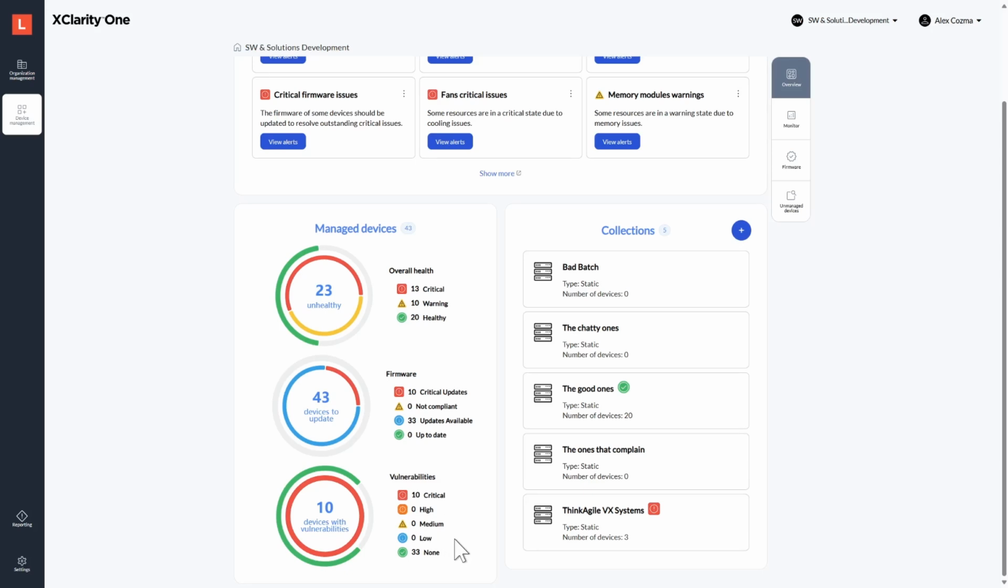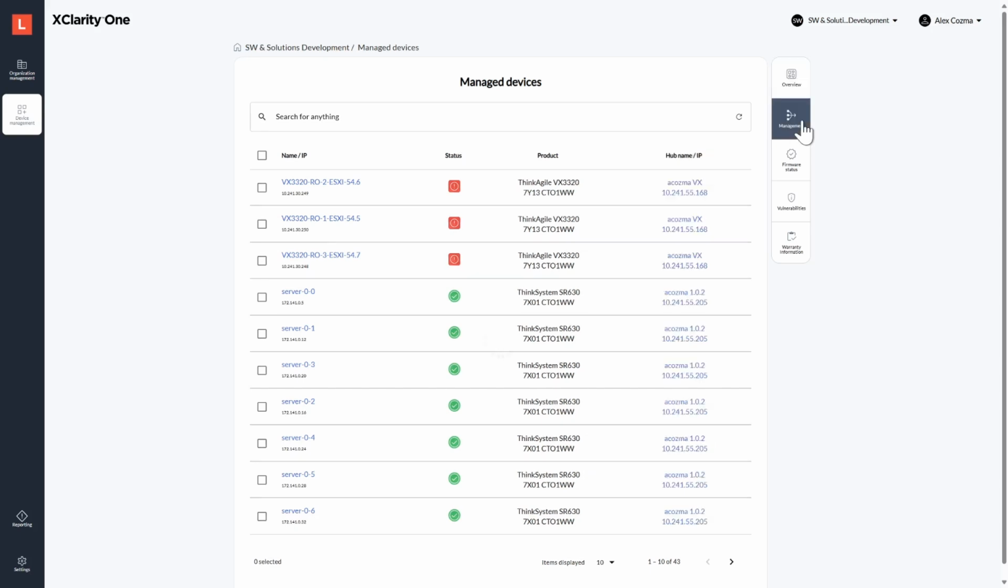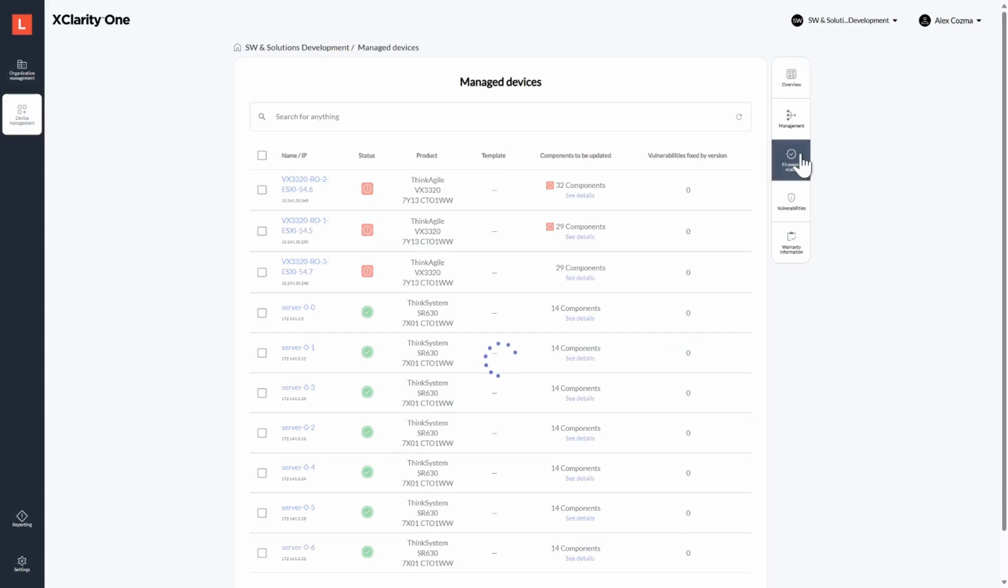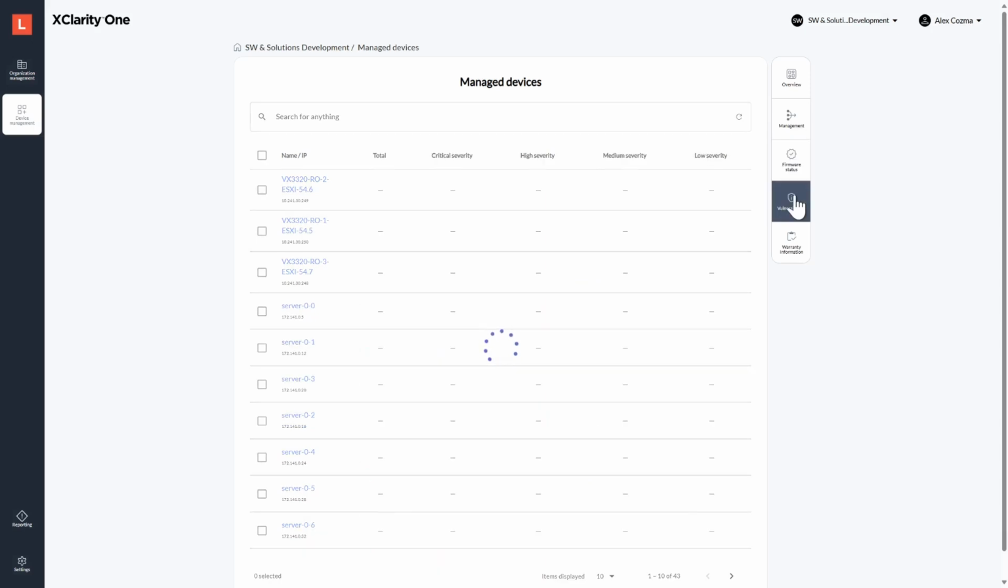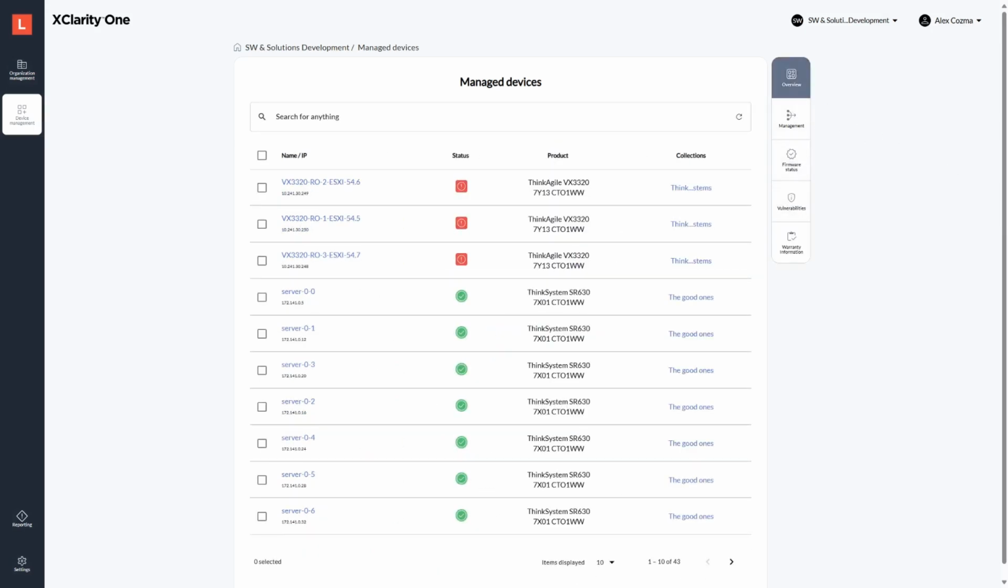Next, click on the Managed Devices title. The new page will display the list of managed devices, and the left side in context navigation allows you to see different details about which hubs are managing the devices, the firmware status of your devices, vulnerabilities details, or the warranty status. In the next video, we'll take a look at the device page,